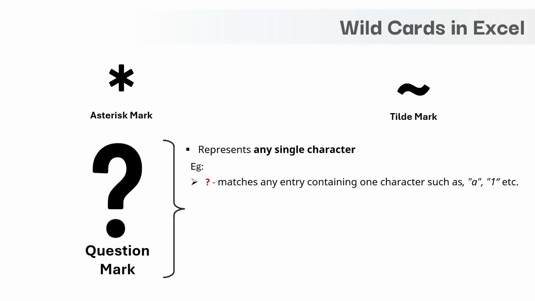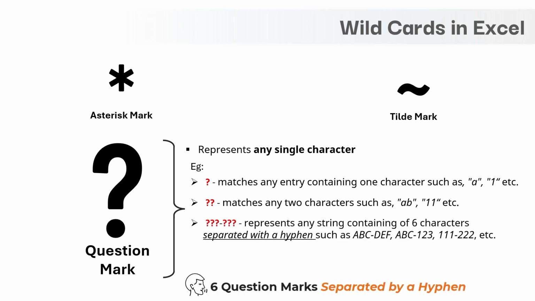The next wildcard is a question mark. Unlike asterisk mark, which represents any number of characters, question mark represents only one character position. Say for example, if we add one question mark, it matches any data that contains only one character, such as A, 1, etc. If we add two question marks, it will match any data that contains only two characters, such as AB, 11, etc. Now let's say, if we add 6 question marks, that forms a specific pattern and it will match any word that follows this pattern, such as